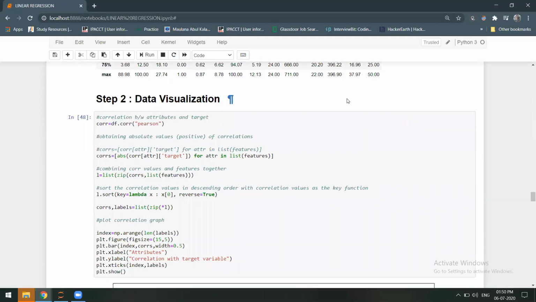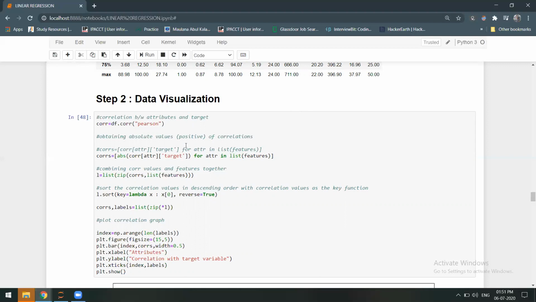Now we have done data visualization to visualize the data, looking at the correlation between attributes and target. We have to see the correlation, meaning the dependency between the different features and the target. One such technique already available is Pearson.